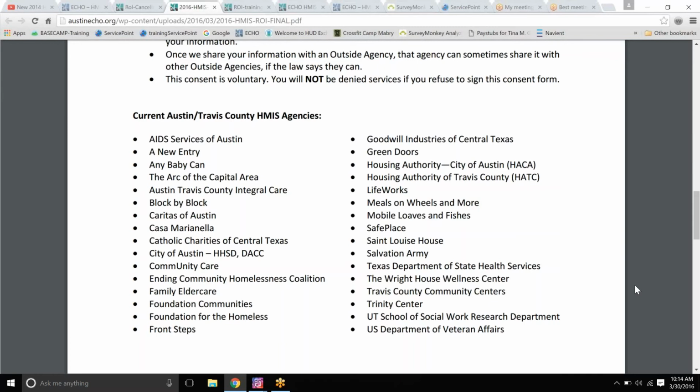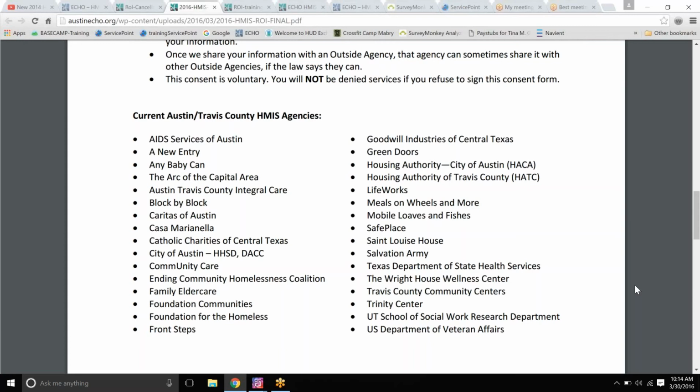Just an example of what some of them are going to be doing. Block by Block is going to be working with us as far as the housing side of things. They're going to be working probably one end user on their end. Community Care is going to be working with the street outreach team, where they are going out in the community and providing some type of medical assistance to those end users. Trinity Center is providing services. These are all agencies that have been vetted to be within the COC and have gone through the process of what that means to sign with us as end users as well.